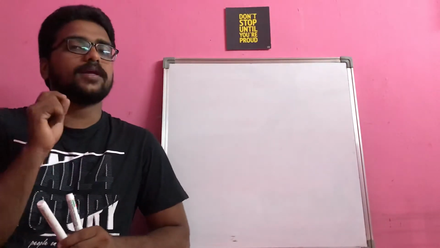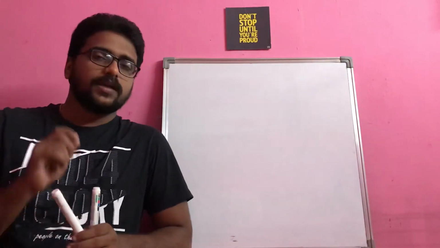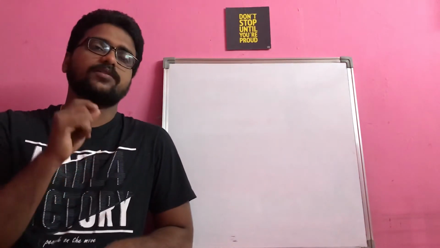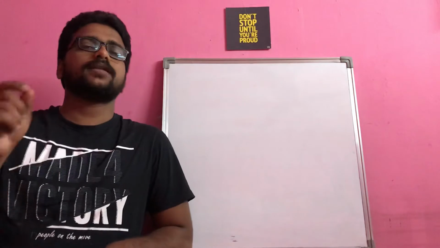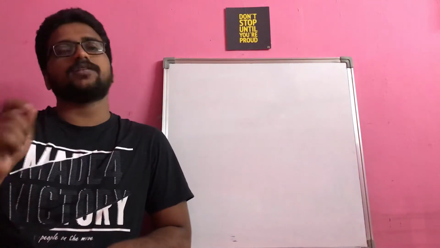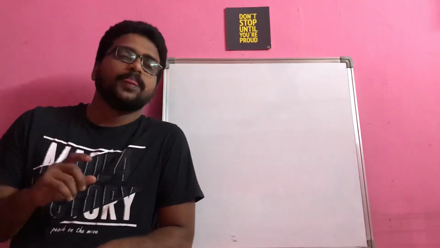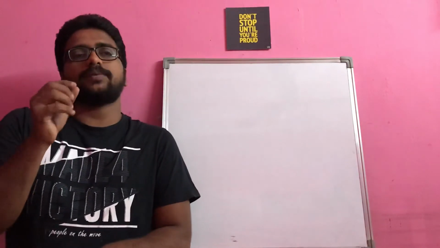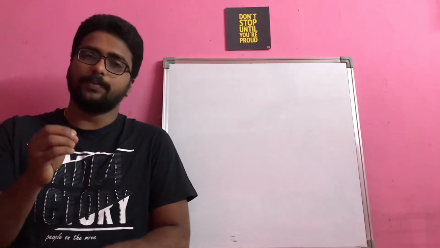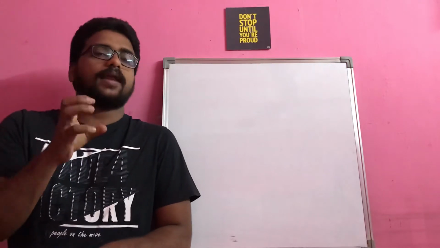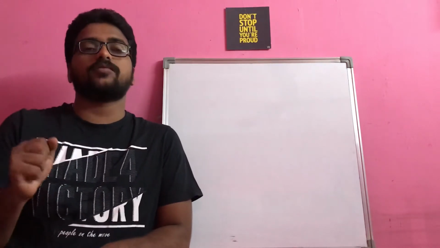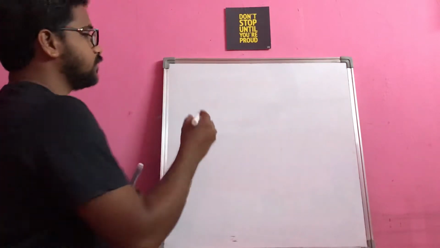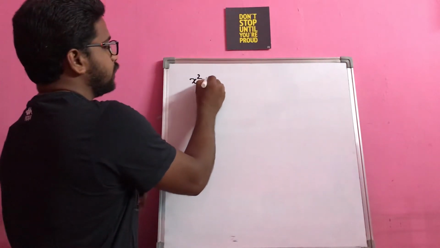In the last class, we learned the difference between implicit and explicit functions. An explicit function is a function where you can represent the value of y completely in the form of x, or x purely in the form of y, whereas in an implicit function, you cannot separate the x variable and y variable completely, where you cannot represent y purely in the form of x or x purely in the form of y. So I will just give a quick example, something like this.